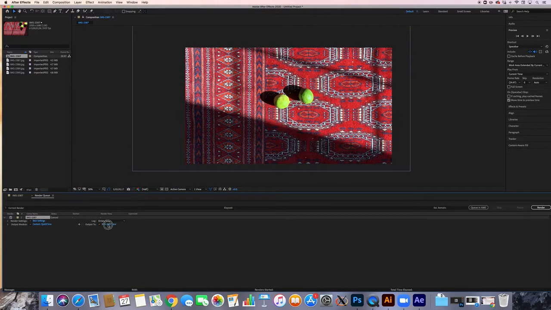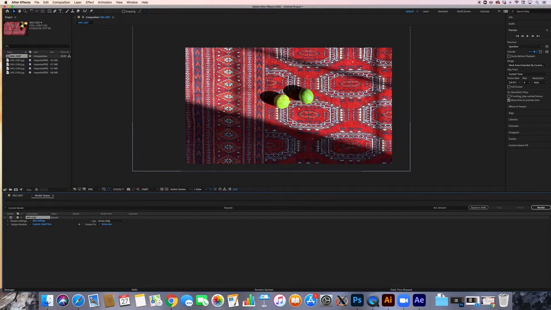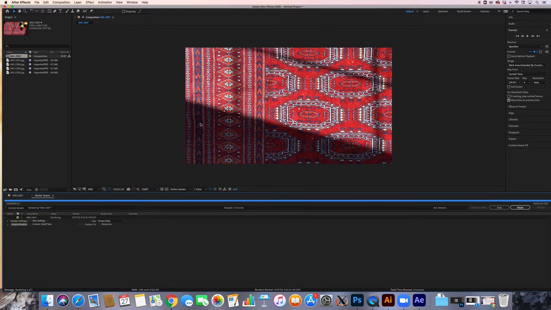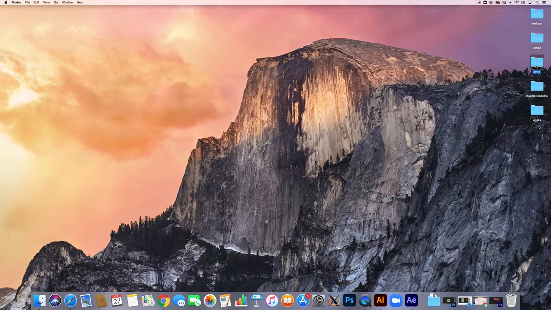Click OK, Output To, and then you can go into the same folder that you were working out of. I'm going to call it Lines. Save, Render, and this one's going to go relatively quick because it's only a few images. Gonna wait for that sound. There it is. And then go into my folder